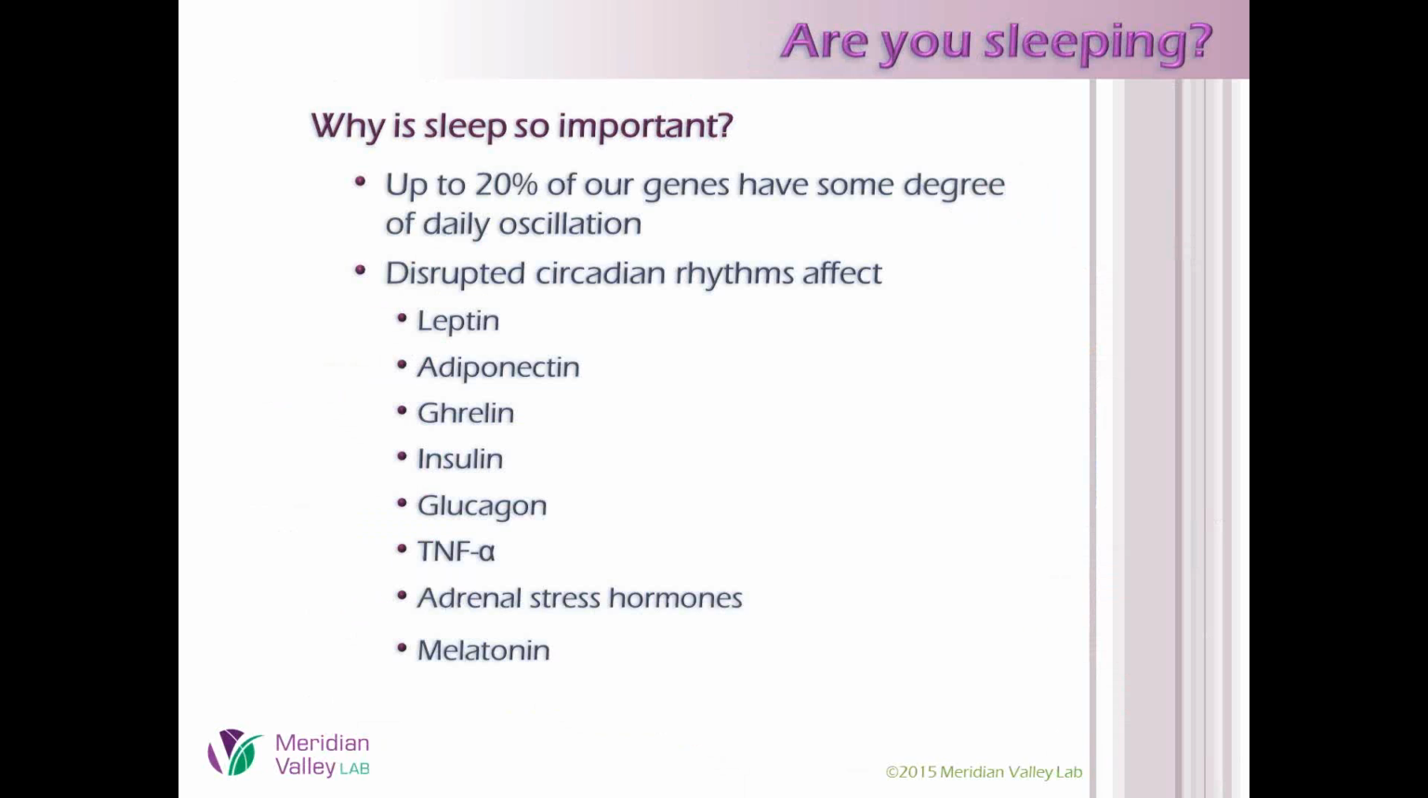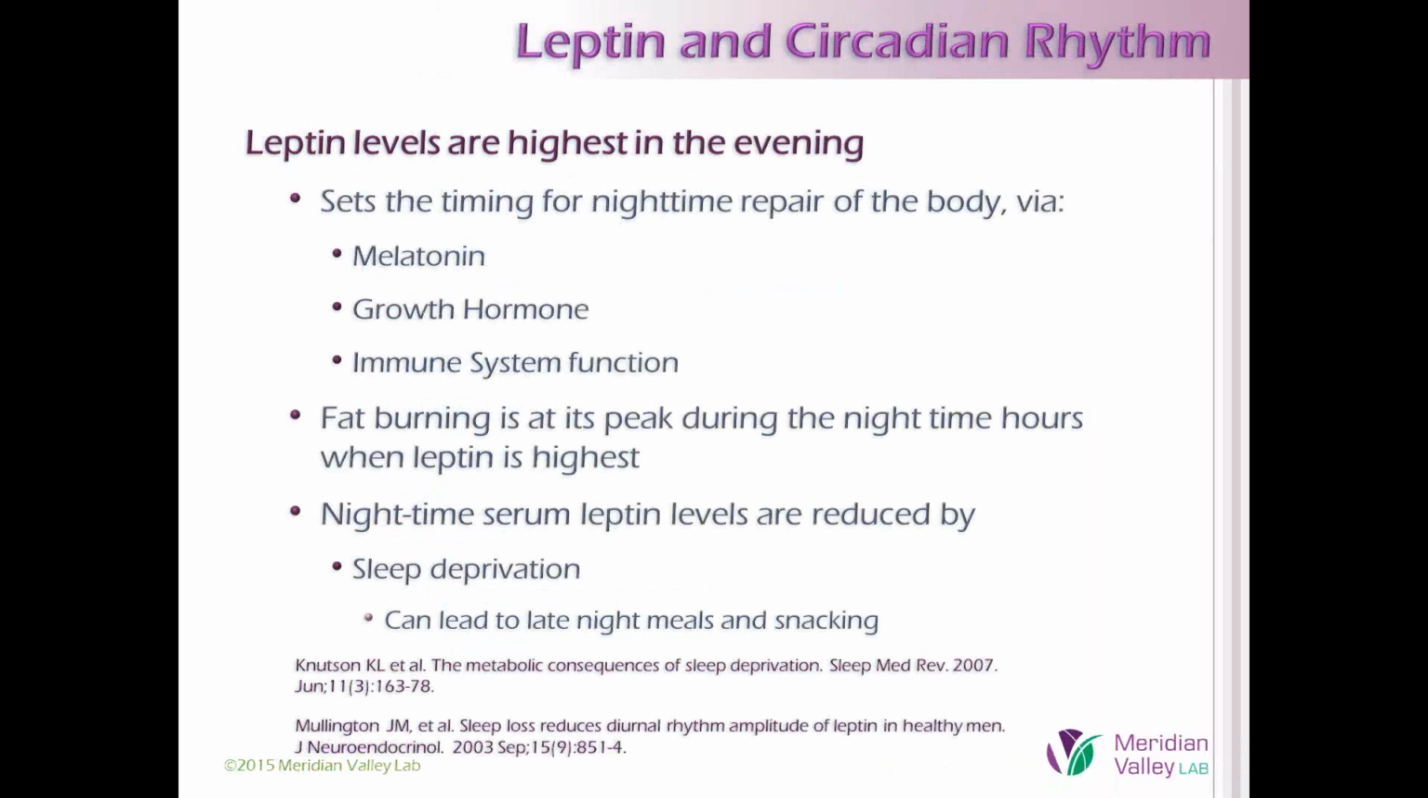Okay, so let's delve a little bit deeper here. Disrupted circadian rhythm really affects a lot of these same adipokines that we were just talking about, and primarily let's return to our old friend leptin. Leptin levels are supposed to be highest in the evening, and I mentioned the relationship with growth hormone. If leptin is working properly and everything is in good homeostasis, it's going to promote growth hormone, it's going to promote melatonin, and promote good immune system function. And then, of course, hand in hand with that, fat burning is going to be at its peak during nighttime